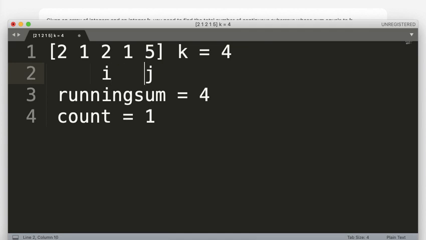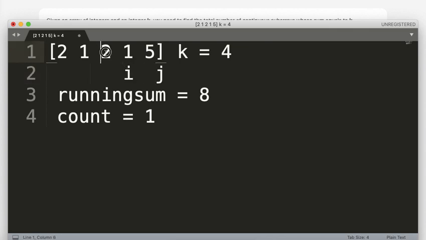So j is here, and when I incremented i I have to reduce the element which is here, so the sum is 3. So this is less than 4, so I have to increment j by one more step and add this, so it becomes 8. And this is greater than 4, right? So I have to decrement this i now.